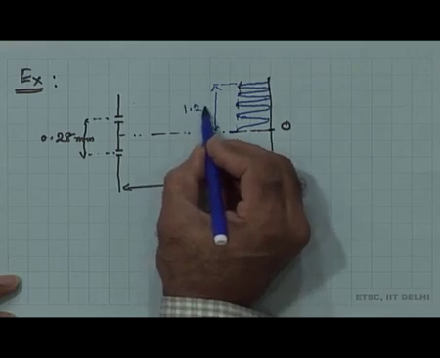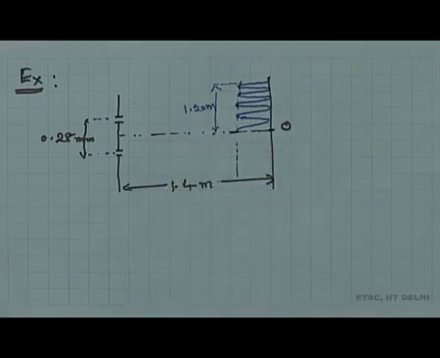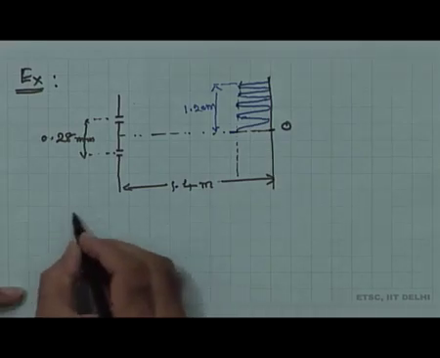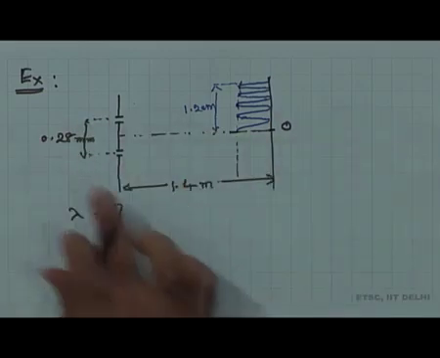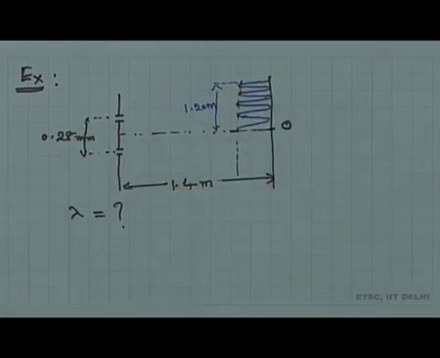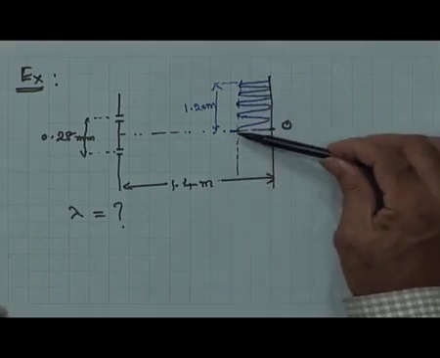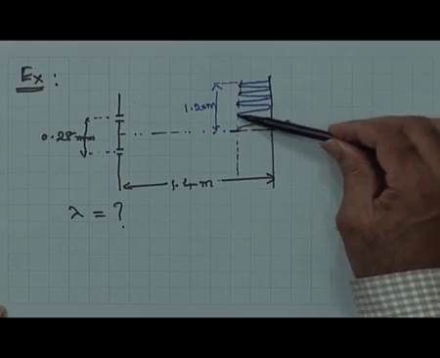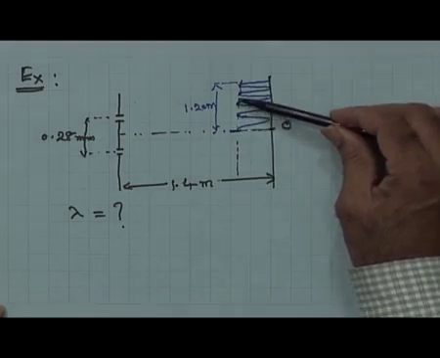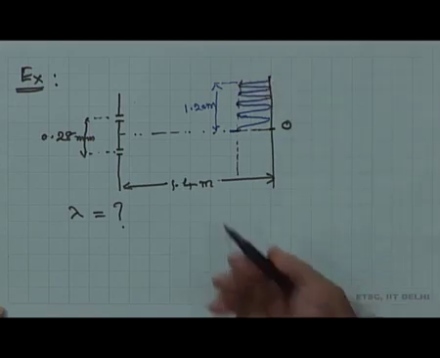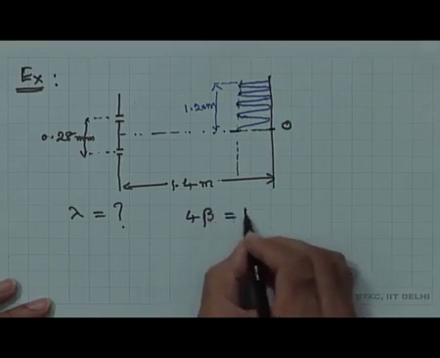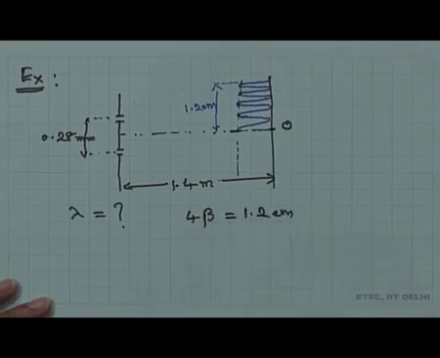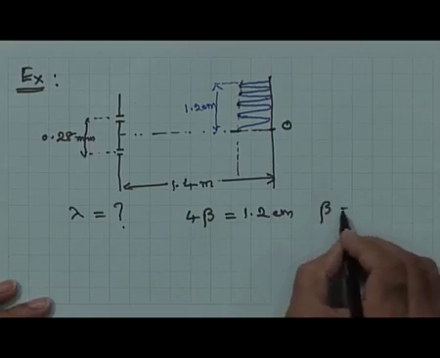Determine the wavelength of light. So, lambda equal to how much? As we can see, peak to peak separation is 1 fringe width. So, what is given in this data is 4 beta is equal to 1.2 centimeter,